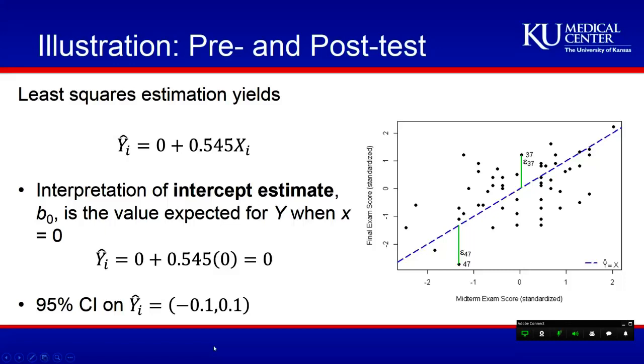One of the other nice things that we might want to produce whenever we're producing these estimates, and they're easily attainable from any statistical software, is that we don't want to just provide estimates ever. We don't want to just say the mean is this or the standard deviation is that. We also want to provide a measure of the uncertainty or variability associated with our estimation. So confidence intervals should always accompany any estimates, including estimates like this where maybe we're estimating y. We also want to get a confidence interval on y, which provides us with the range of likely values to expect for someone who scores a 0 on the